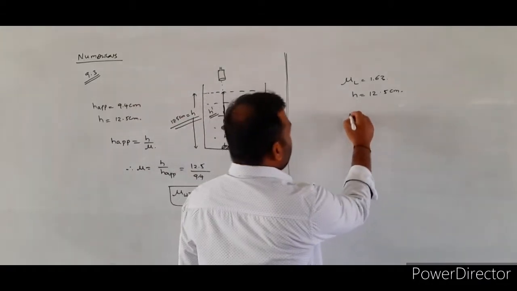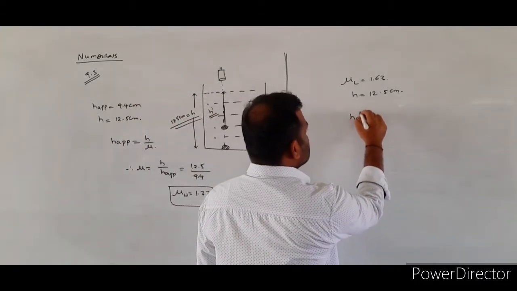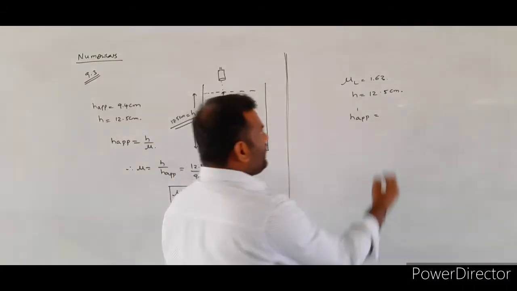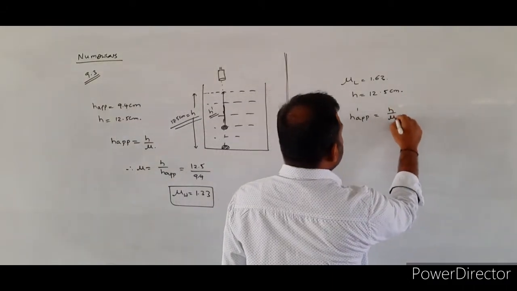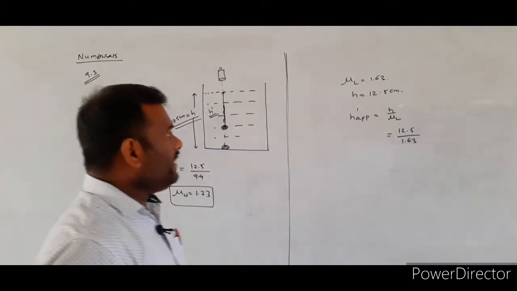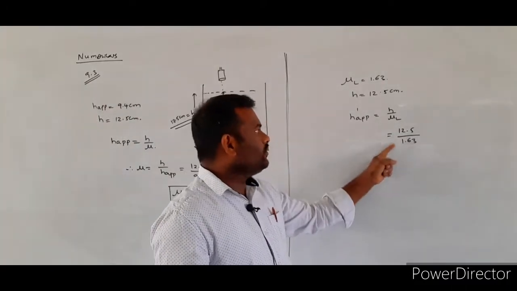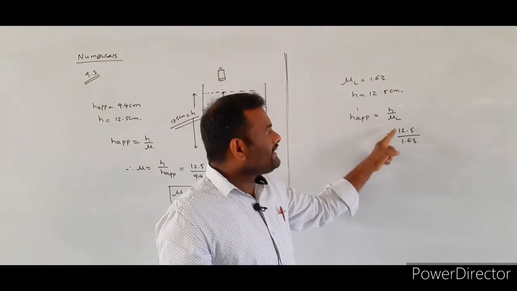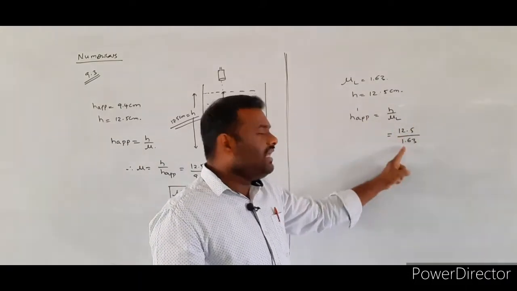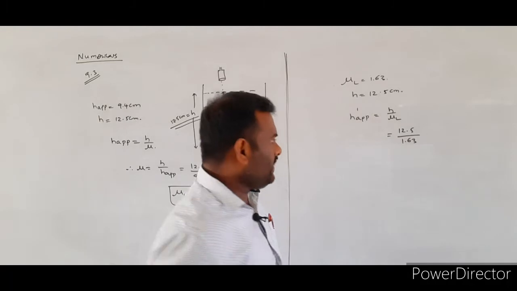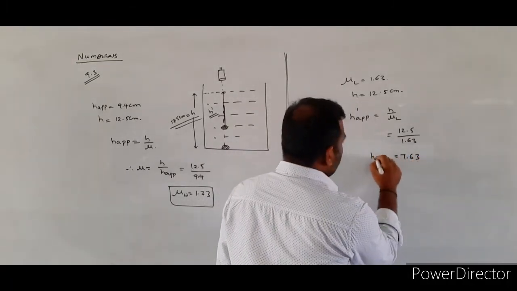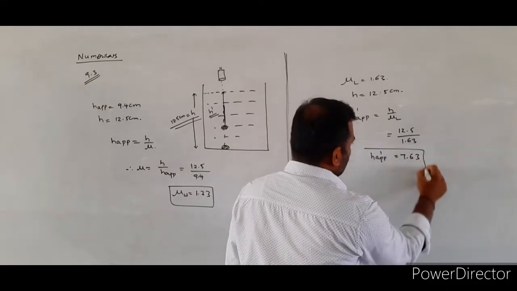So the apparent position will be H apparent dash is equal to H by mu L. What is the H value? Same height, 12.5, and the refractive index is 1.63. Therefore, if you simplify, H apparent dash is equal to